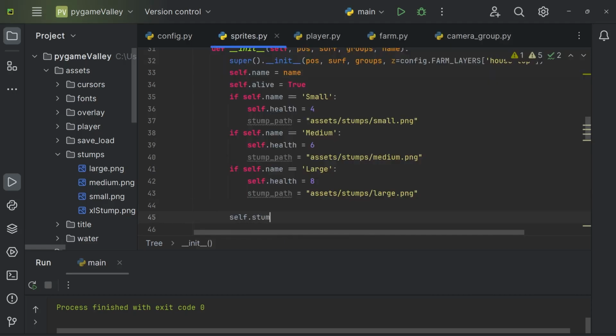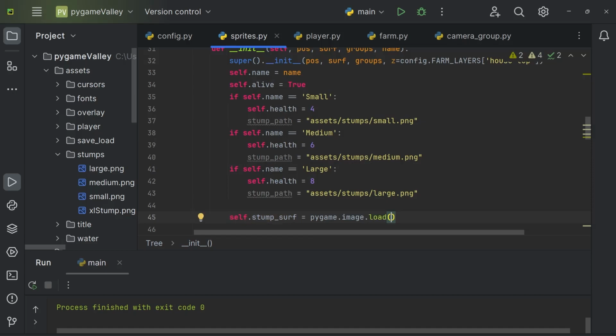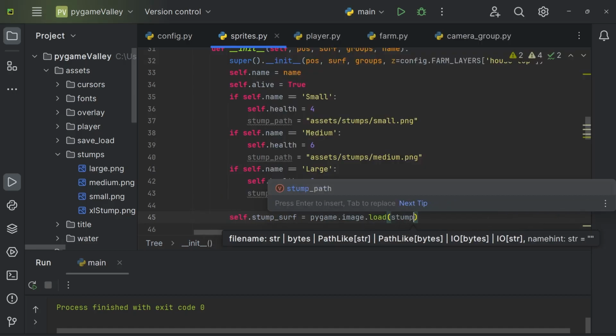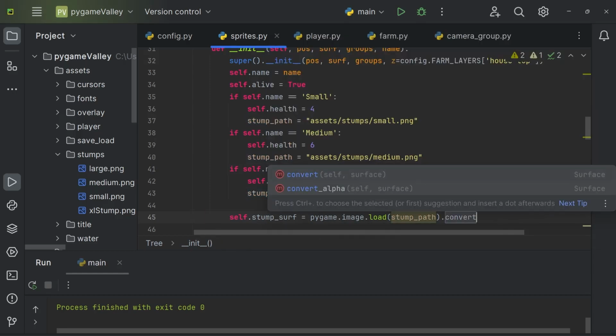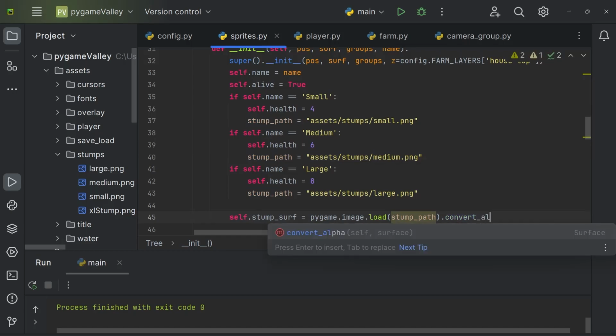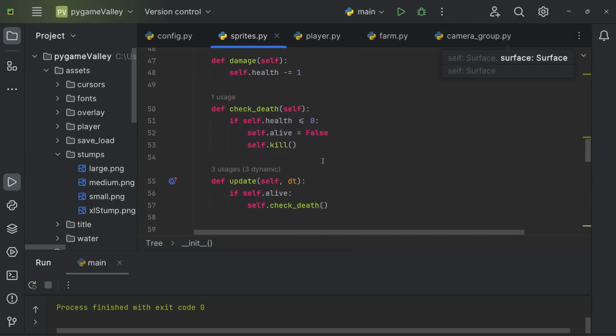And self.stumpSurf is equal to pygame.image.load. We're going to do stump path .convert alpha. Alright, then we got the damage, and then in check def, we're not just killing the sprite if the tree